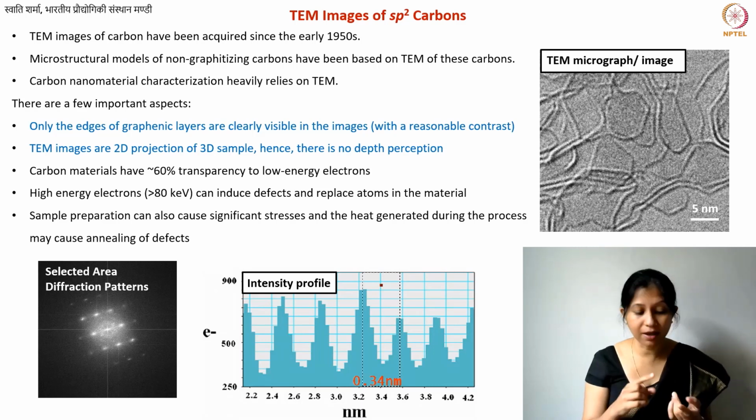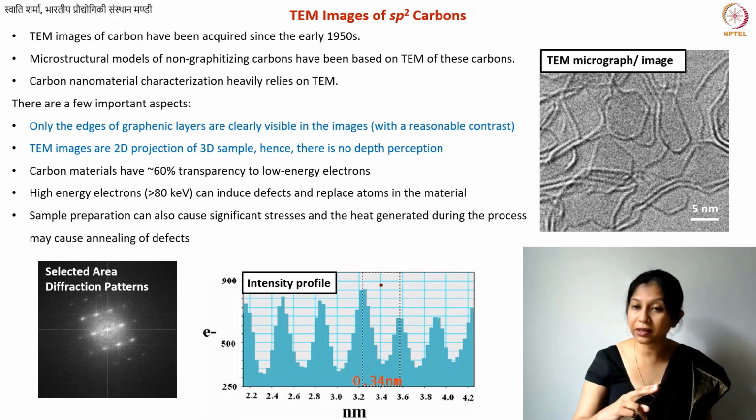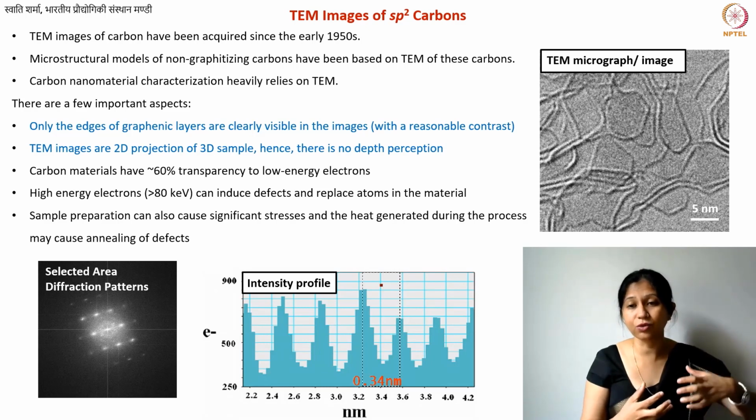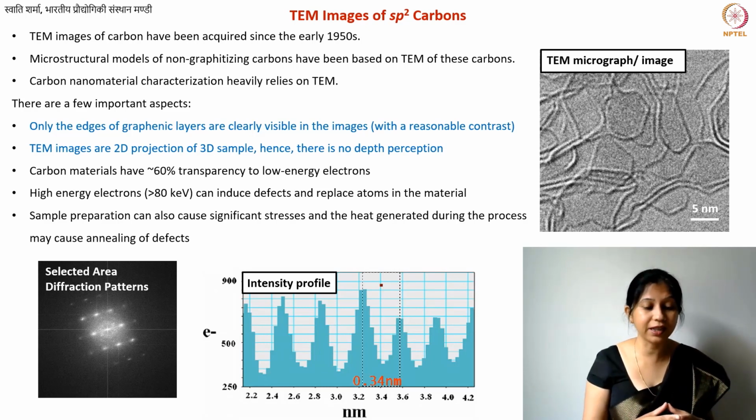But if you have something between 0.335 nanometer and 0.344, in that case we call it turbostratic. More than 0.344 can also be considered some curved carbon structure, or if the spacing is too much, like 0.4 or something like that, then you will say that this should be considered a completely disordered carbon. So that is number one.